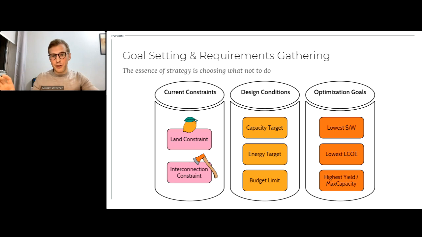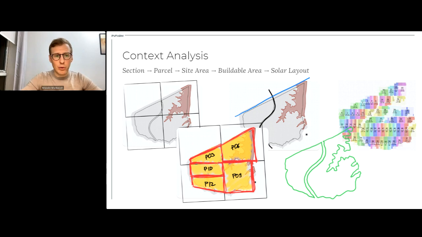Obviously, there are plenty of cases where it's slightly more complicated or slightly different, but I would say from our experience, this can describe basically the biggest number of layouts and strategies we saw. So the next, context analysis. This is simple. I will not spend time here. Sections, parcels, buildable area,